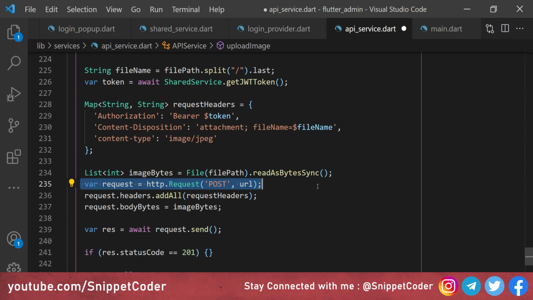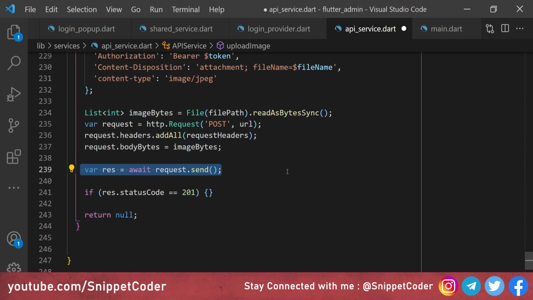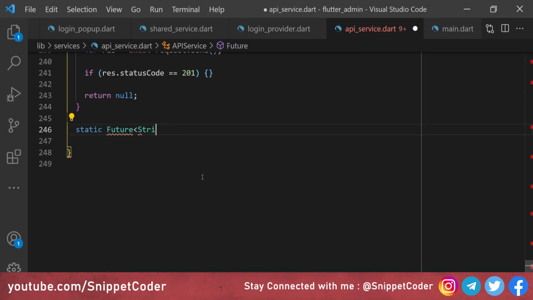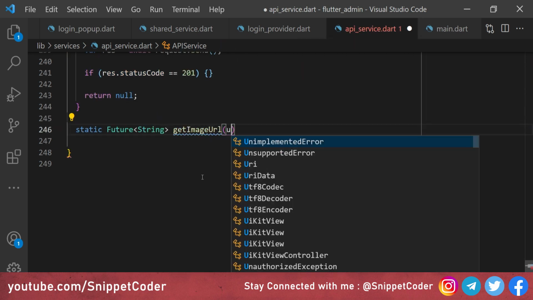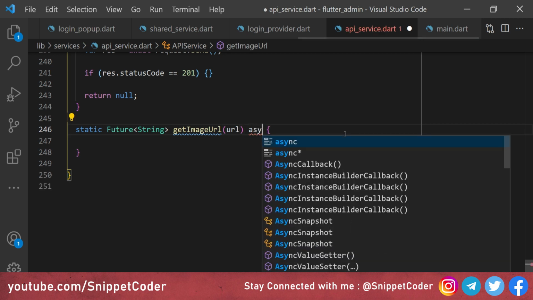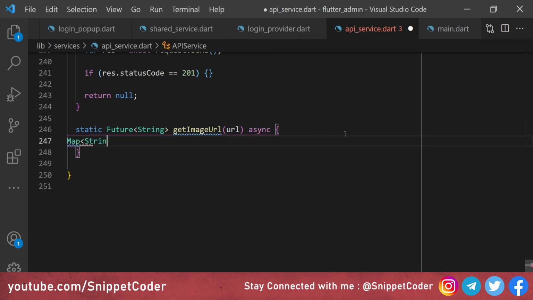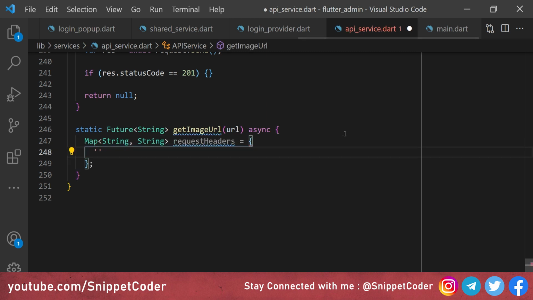Then we are creating a request here, that POST request, and here we are passing the URL. Then in the request headers we are passing all the request headers. Then in the bodyBytes we are passing this imageBytes. Then we are calling request.send, and we are getting the response here. If the status code is 200, then we will create one function that will read the URL from that response, and here we will create static Future<String> getImageUrl, and here we are passing the URL, and we will make it async, and we will create a Map<String, String> requestHeaders, and here we will pass content type,